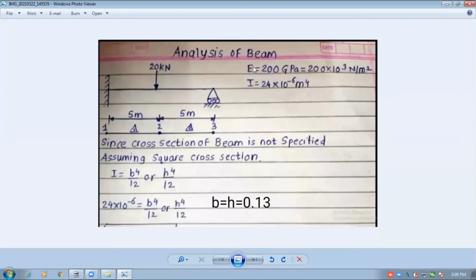A single value of E is given, that means for this entire beam the material is the same, with the value of E as 200 gigapascal. So based on these two criteria, change in cross section and change in material, you are not able to discretize it, right?